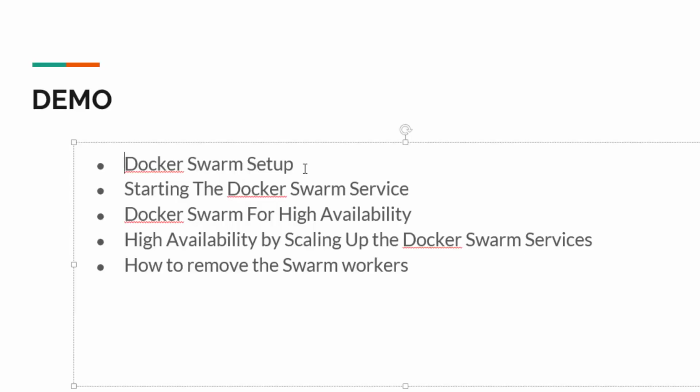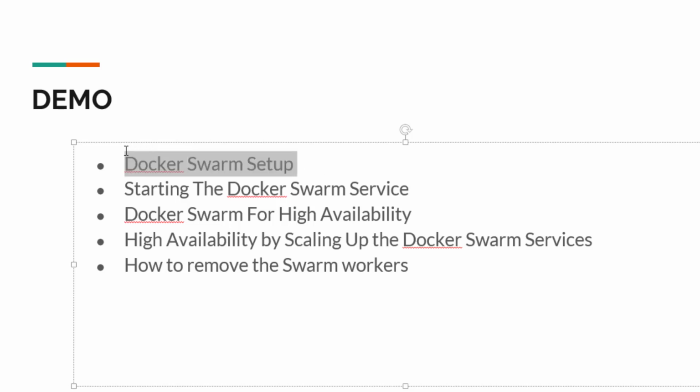So we have just seen how we set up the docker swarm, and one thing to notice is that I forgot to mention that you have to install docker. That's quite obvious, you have to install docker on all the 3 machines. If you don't know how I have installed docker on the master and all the worker nodes, you can check the video by clicking on the I button in the corner, where I have explained how to install Docker from scratch. Using that video, you can have Docker installed on all your 3 machines.